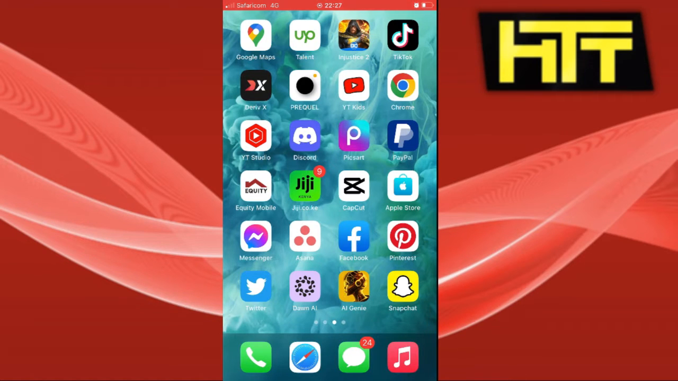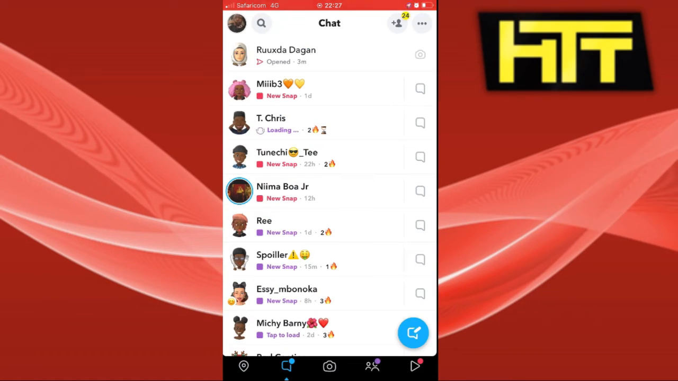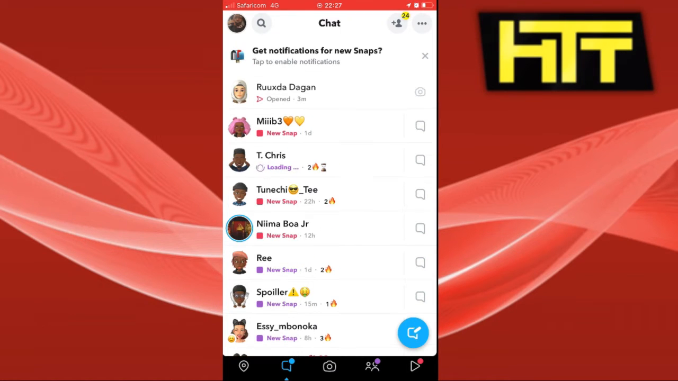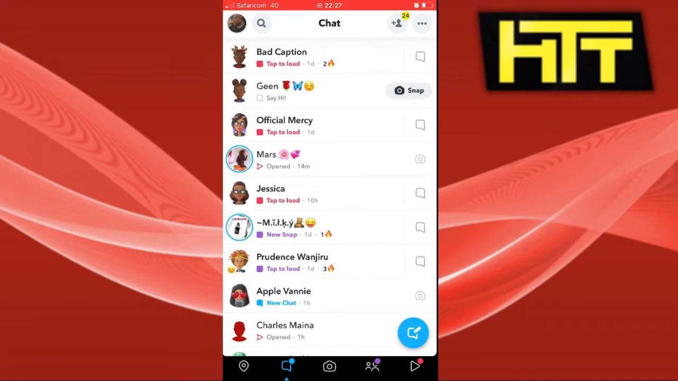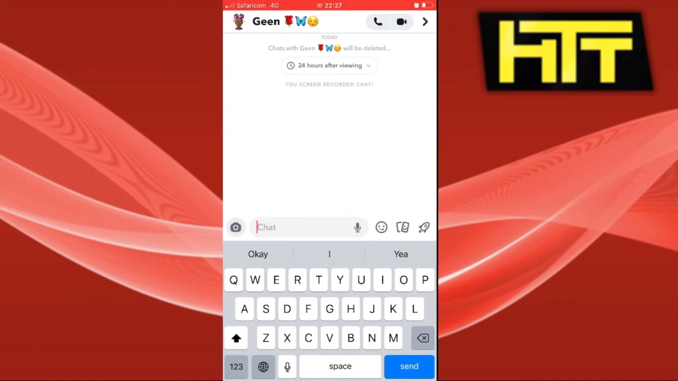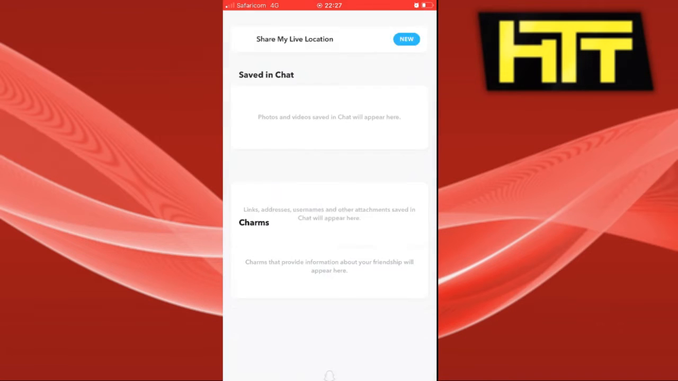So let's dive in. First thing you want to do is to go ahead and open your Snapchat. And if you want to find out if someone has blocked you, all you have to do is to click on their text or their snap. I'm just going to look for a random text or snap, and I'm going to use this one. So what you want to do next is to click on the profile,